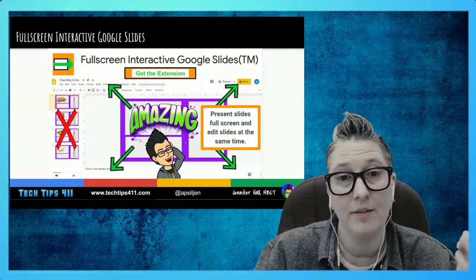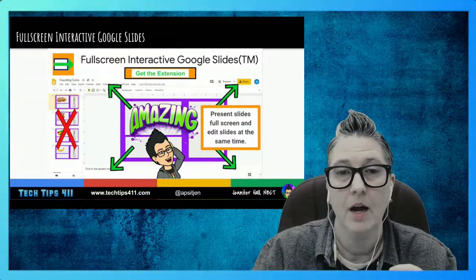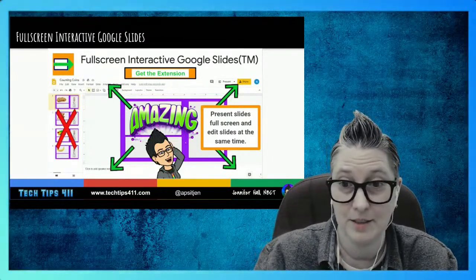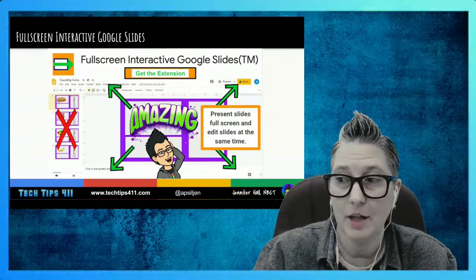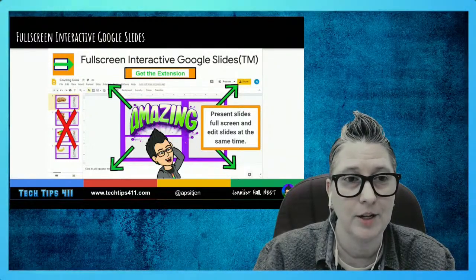So you can actually have that presentation up and then you can be using the tools and the shapes and adding images live to it. So then it becomes an interactive presentation. So I just thought it was kind of a cool thing that I came across during distance learning, that